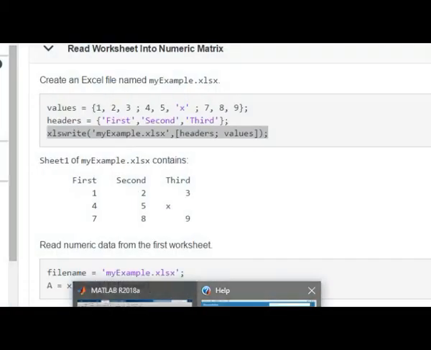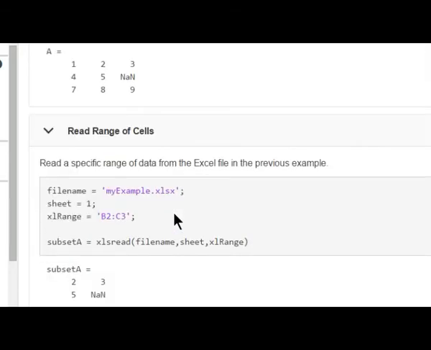This was all about reading the data from the Excel sheet.